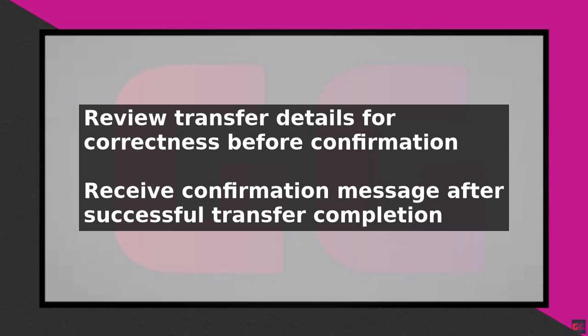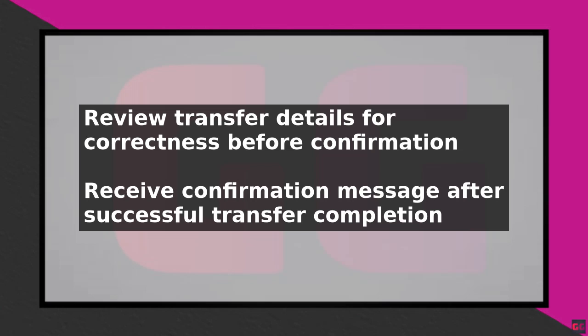You can view the transfer in your transaction history, along with any other payments you have made using your Monzo account. It is essential to keep your Monzo app and account information up to date to ensure secure and successful transfers. Make sure to regularly update your app and be cautious when entering recipient details to avoid any errors.